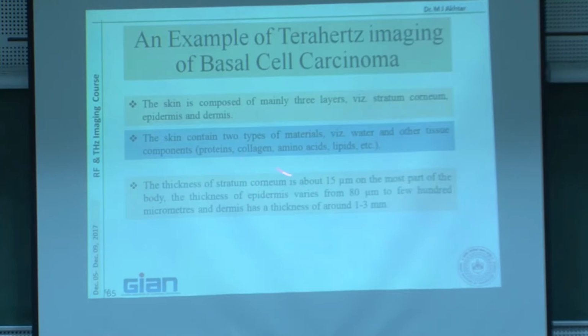The idea is they are simple, that skin has water and other tissues, the protein and so on. This thickness is 150 micron from the top, and it's 80 micron for the second one, and 1 mm for the third one. And if you see there, this 150 micron, 80 micron, they are well within terahertz wavelength. So that means if you use terahertz wave, you can distinguish these different spatial regions, and